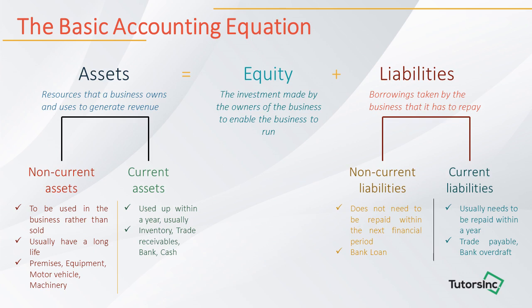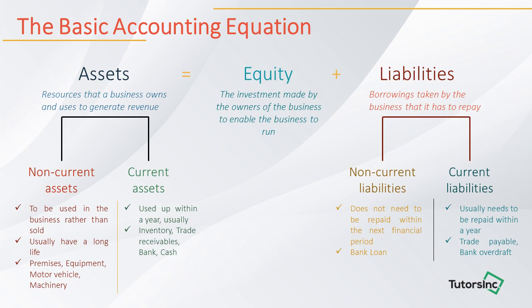Trade payable refers to suppliers from whom the business had purchased inventory in the past on credit and who need to be repaid within a few months. However, bank overdraft is a situation that occurs when the business withdraws more money from the bank than its actual balance. For example, let's say the bank has $10,000 stored for the business and the business withdraws 12,000. So the business has actually withdrawn 2,000 extra, which it needs to repay to the bank. Hence, it will be treated as a current liability